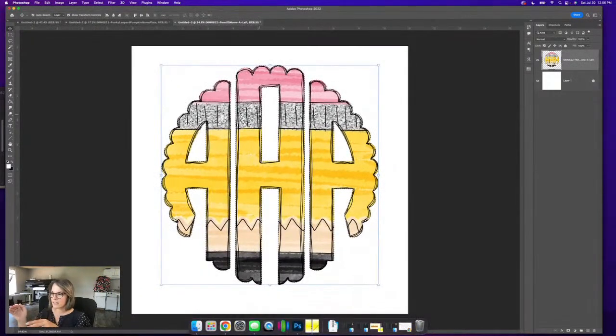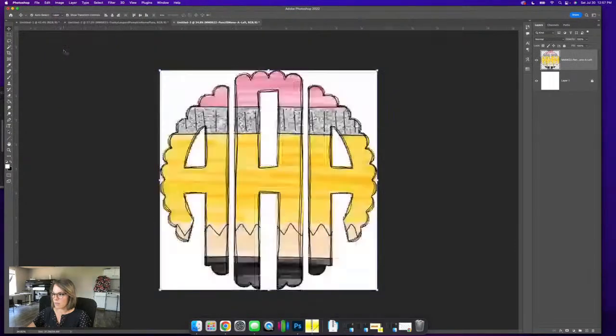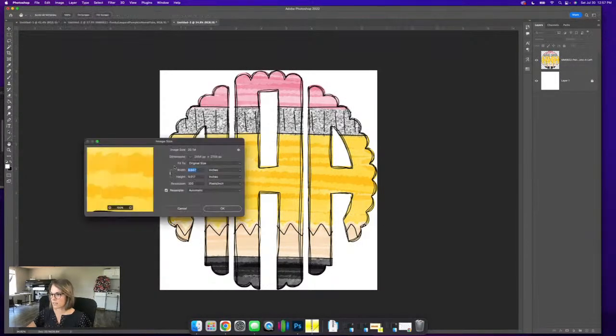So that A, or this monogram, everything on this layer is selected. So what we can do now is go to Image and select Crop. And it crops everything down perfectly around that A. Okay, so say I'm not sure what size this is now, so you could then go to Image, Image Size,